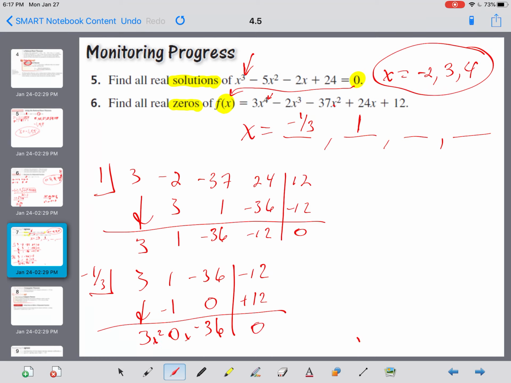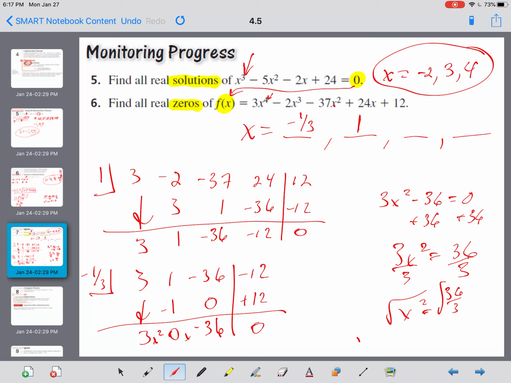Most likely it's not a quadratic formula if it's the same number, top and bottom. So we're going to work with 3x squared minus 36 equals 0. We could do this in the quadratic formula. My b would be a 0, but really, because all I have is the squared term, I don't have an x linear term, I'm just going to add 36 to both sides. 3x squared equals 36, and we're going to divide by 3, and x squared equals